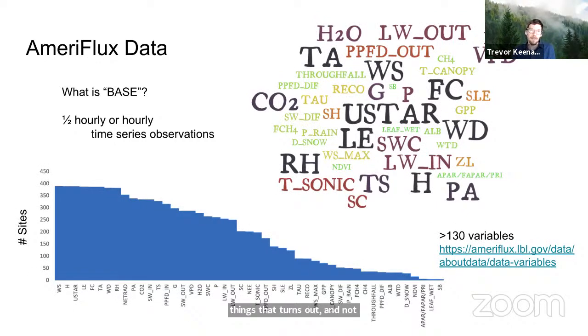So primarily, AmeriFlux is focused on carbon fluxes. This is one of the requirements to be an AmeriFlux site. We also have a lot of sites submitting various other observations. What you see on the bottom left are the observations that each site is submitting, distributed by the number of sites submitting each. So the observations are on the x-axis and the number of sites submitting each on the y-axis. And just to make this a little bit easier to see, we've made this word cloud.